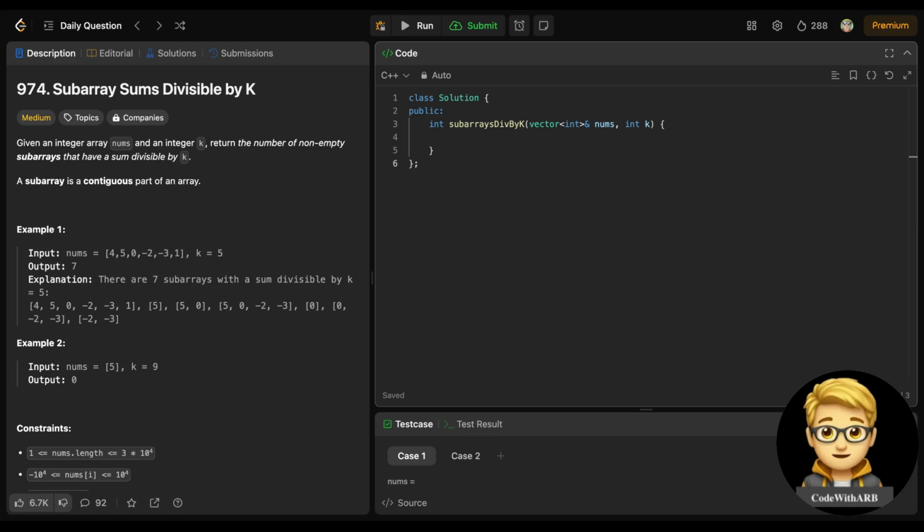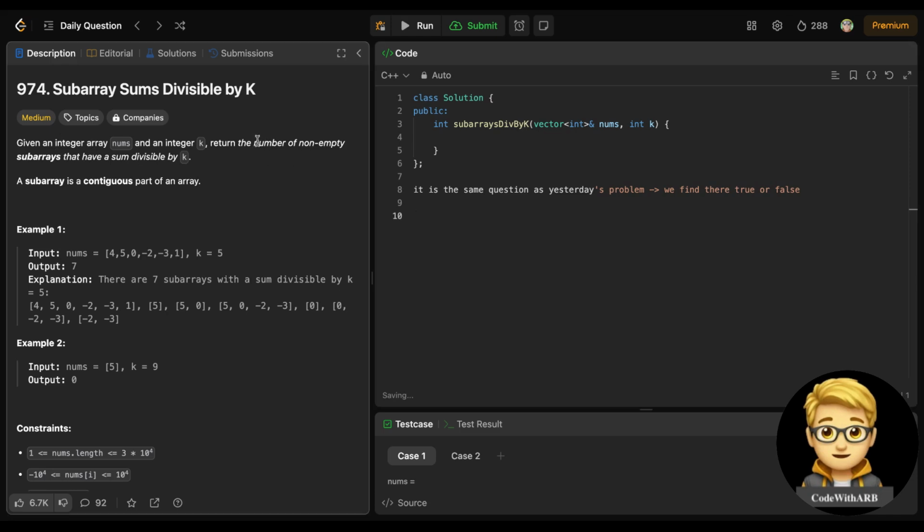Oh, that's the same question which we have solved previously. It is the same question as yesterday's problem. In that problem, we needed to return true or false, and here we need to find the number of subarrays. There we found true or false, and here we just need to find the number of non-empty subarrays that are